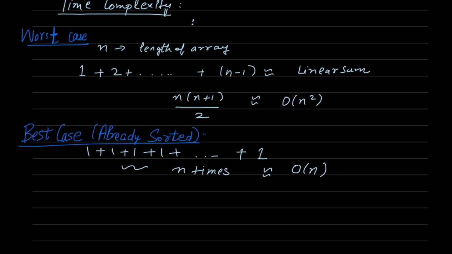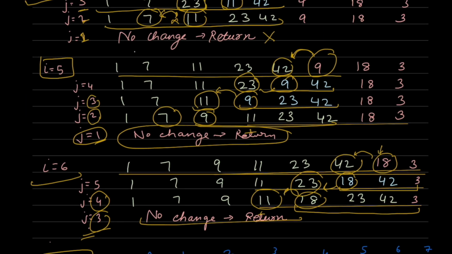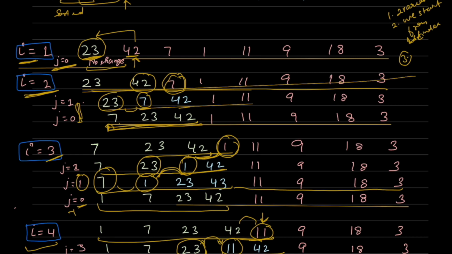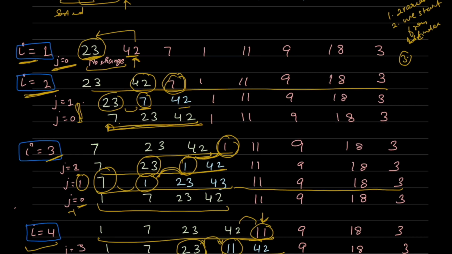Now let's have a look at the time complexity. We'll look at the worst case complexity. So if n is the length of the array, if we go back to the iteration, we'll see in the first iteration we compare the second element with only the element present before it. So every time we are picking an element and comparing it with the elements that are present before it. We pick each and every element one by one, but we start from the second element,